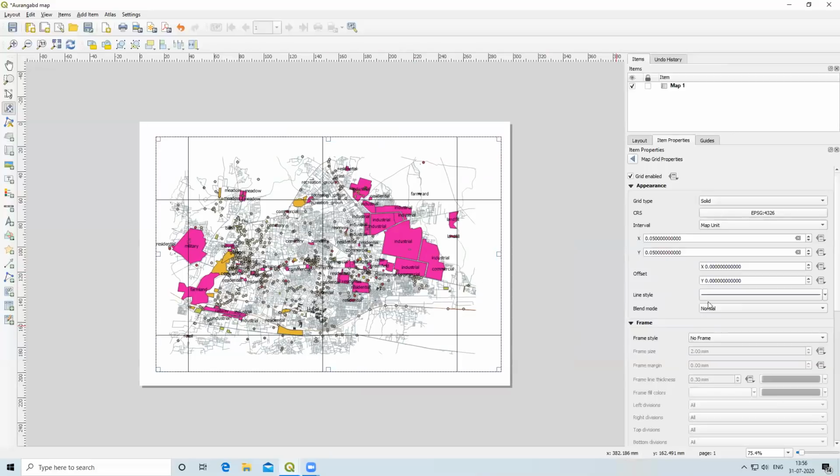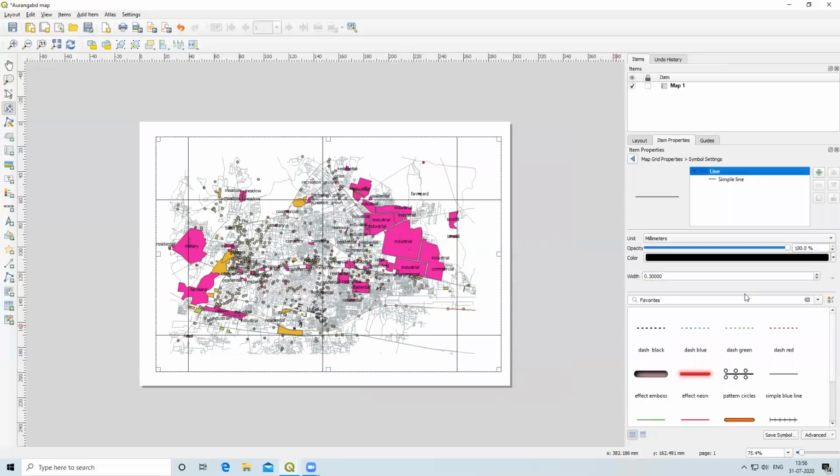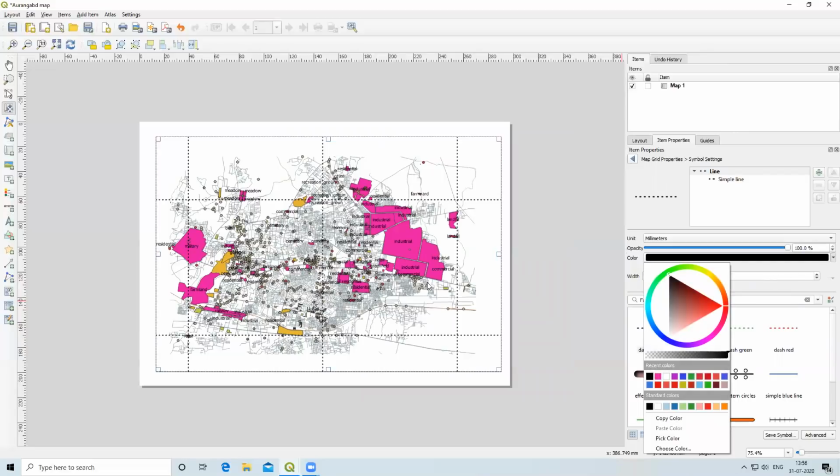Then I don't want this line. So to remove this line, I want to show some line, but it will be at very low transparency. So I will select here. It will be visible, but it should be less visible, that is what I want to show.